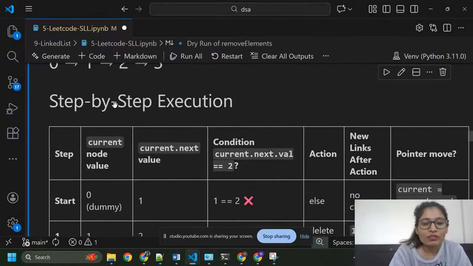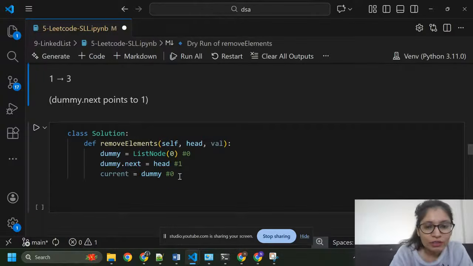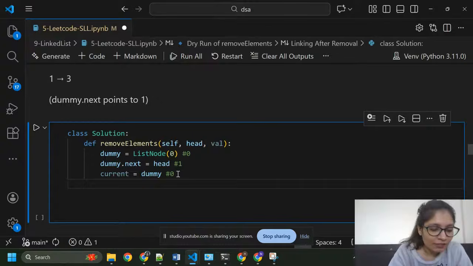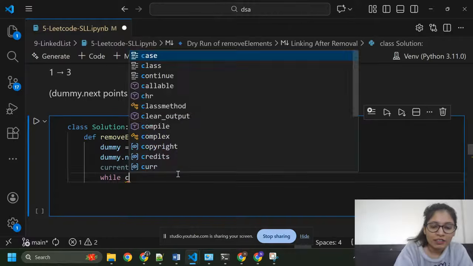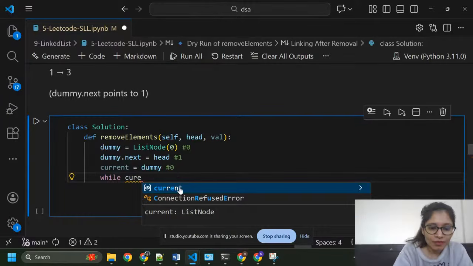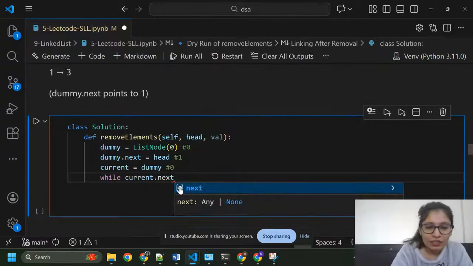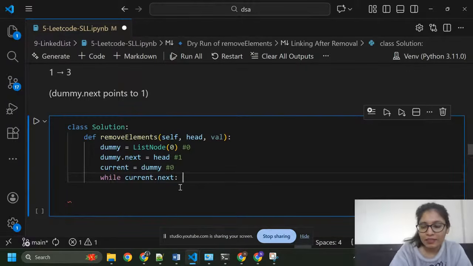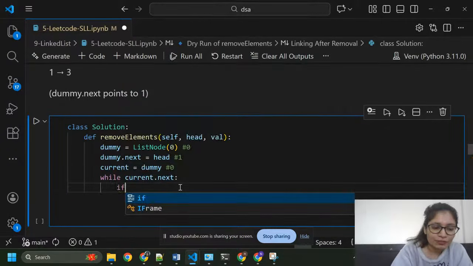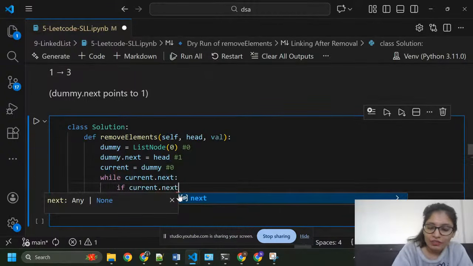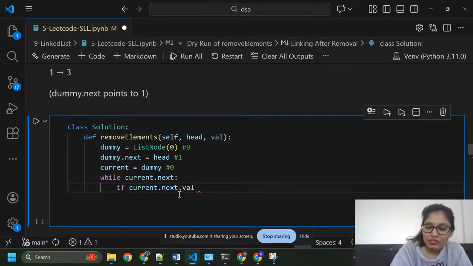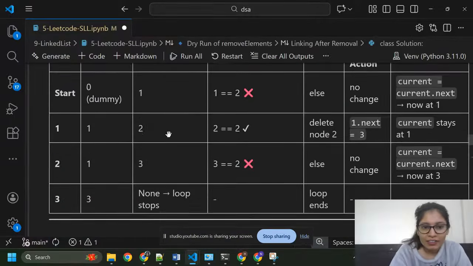So I'm going to write code and everything will be understood by you. Here I'm going to write code by using a while condition. While current dot next. So what we have in current dot next, that is 1. We have an element in current dot next. So if current dot next dot value is equal to value, it means what we have in current dot next, 1.